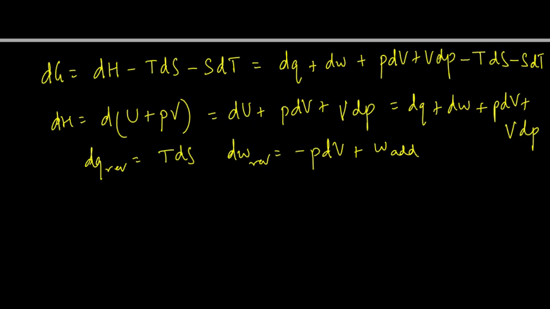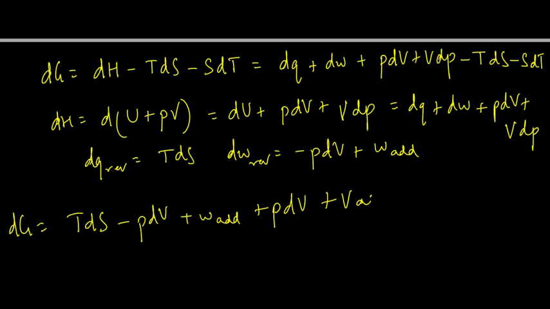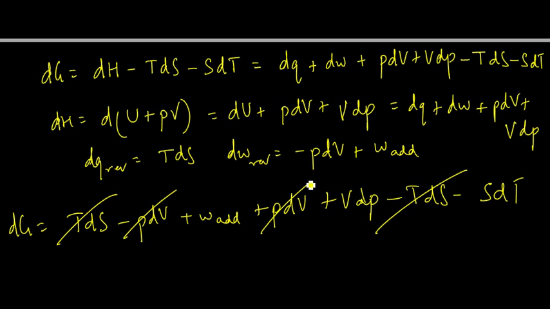And I substitute this back. So what I get is then dG is equal to TdS minus PdV plus W additional plus PdV plus VdP minus TdS minus SdT, and then this and this go away, and since we are seeing the processes at constant pressure and temperature when we want to see the Gibbs free energy change, so at constant pressure, temperature,